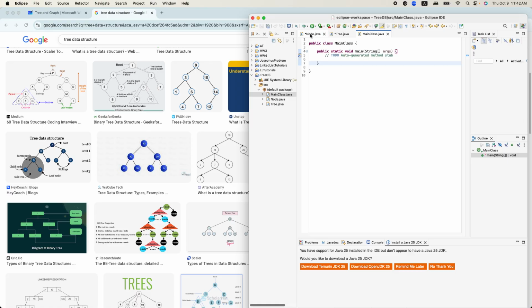That means you are creating 7 objects of this node class, and then you are connecting them like the right node, left node, and the data itself. See, every node has 3 properties. One is the data. For example, there's a node, the data is 50, and other property is its left node and its right node. So every node has 3 properties, and when you want to represent this one, you have the class node,